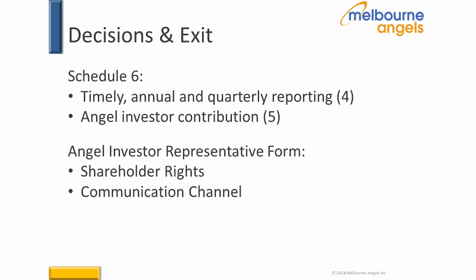Now, we have this new formalisation of the role of angel investor representative, a member of the angel investor syndicate who's invested in the company, who can be nominated and delegated to exercise rights on behalf of all of the angel investors as specified. So there's a new form, the angel investor representative form. It's essentially a proxy form in which we can specify at the beginning and change over time what particular decisions or what particular actions, what particular power our angel investor syndicate delegate to that representative.